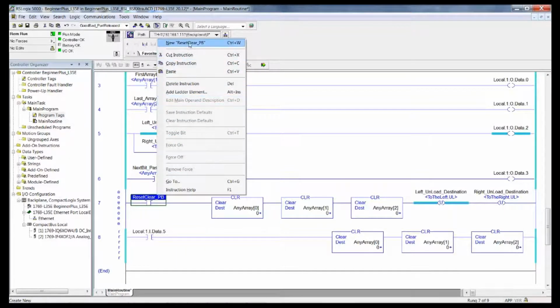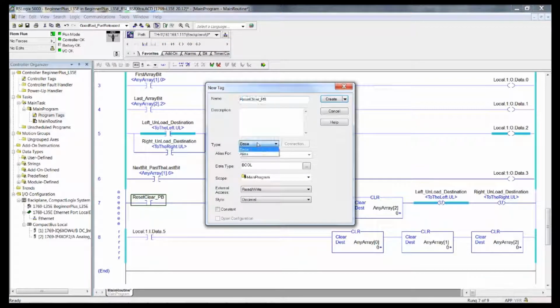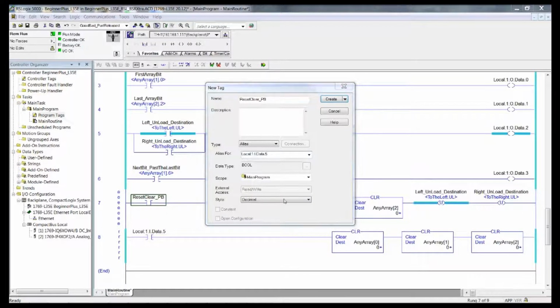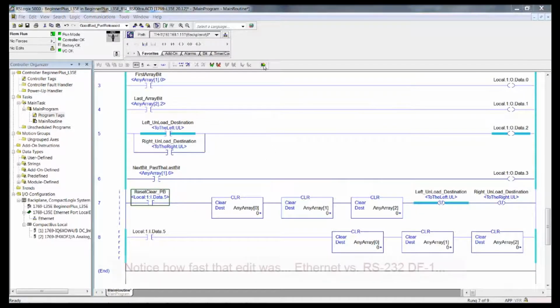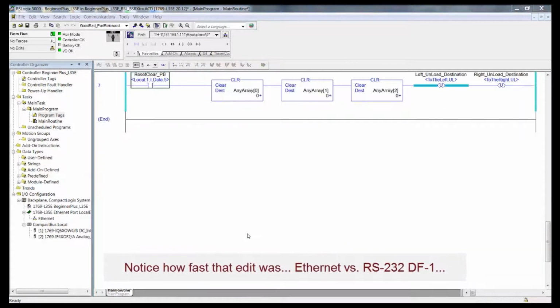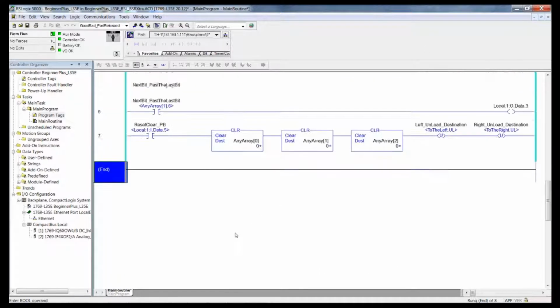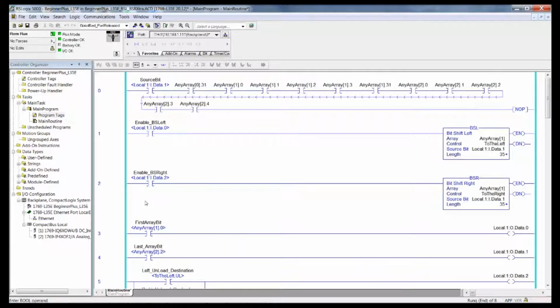But I have to create it because it's a new tag and I want to alias it to local 1 data bit 5. And then finalize all edits. Okay, now when we push the clear button, 5, you see it unlatches the unload bits. Drag this back over,